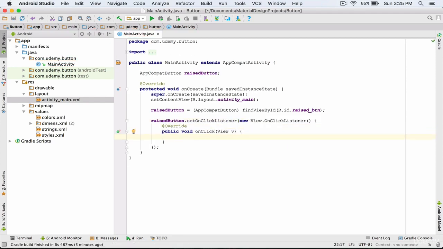You see that the onClick method was added to our class. Every time we click on the raised button, the code inside the onClick method will be executed. And you can also type your desired code inside this method. To see whether our onClick method works correctly, I'm going to use a toast message. I type